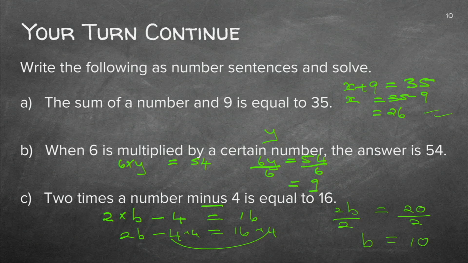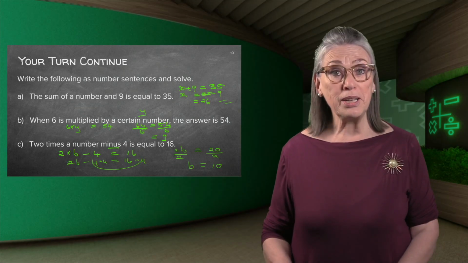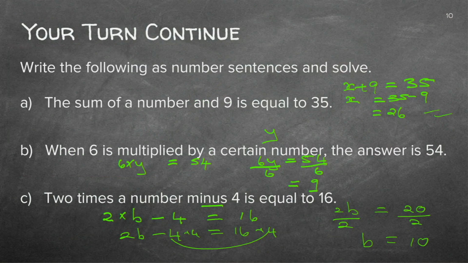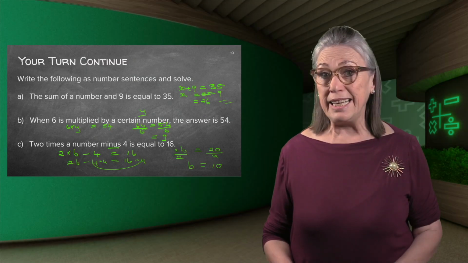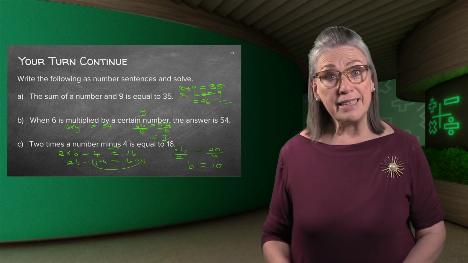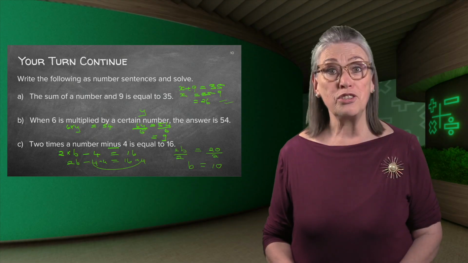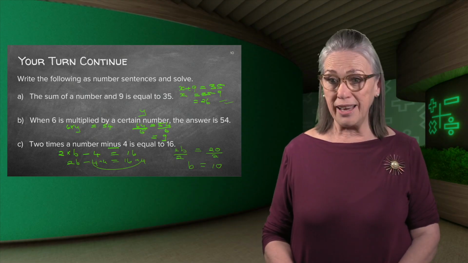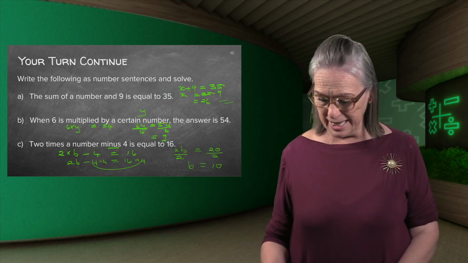But you know what? That is why it's so important to always check our answer. If I had checked the previous one, I would have realized when I put the value of b into my equation that it is not correct. It's not equal. And then I would have realized to go and find my mistake. Okay.